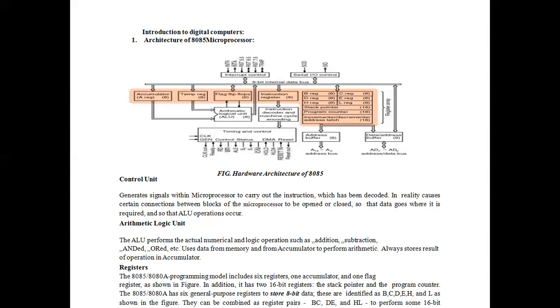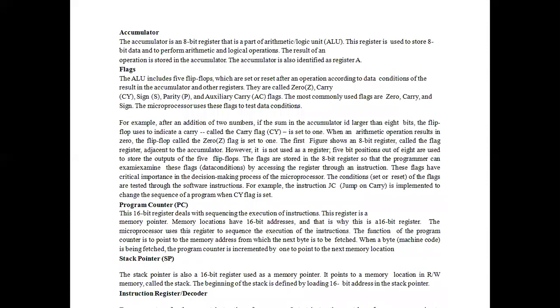These are identified as B, C, D, E and H, L as shown in the figure. They can be combined as register pairs, that is BC, DE and HL, to perform as a 16-bit register.